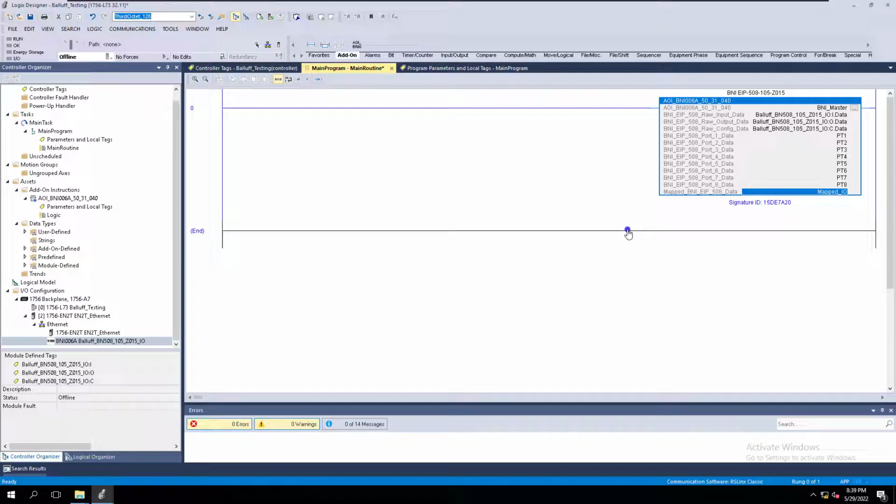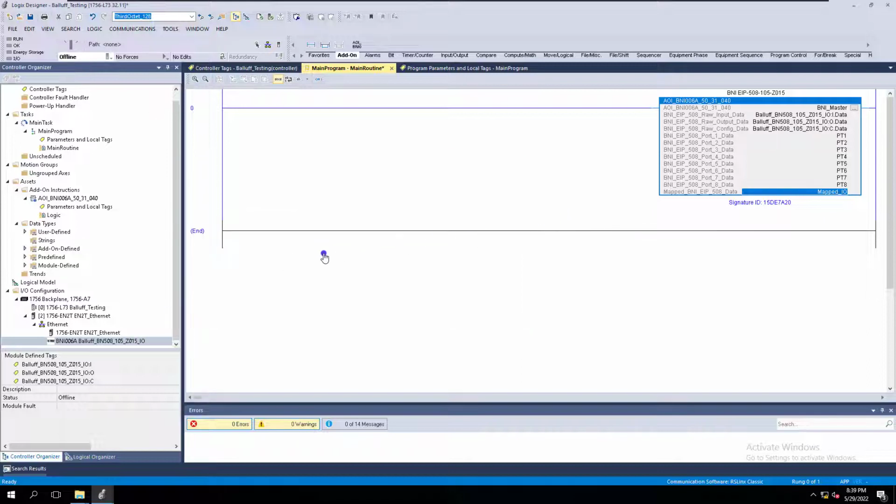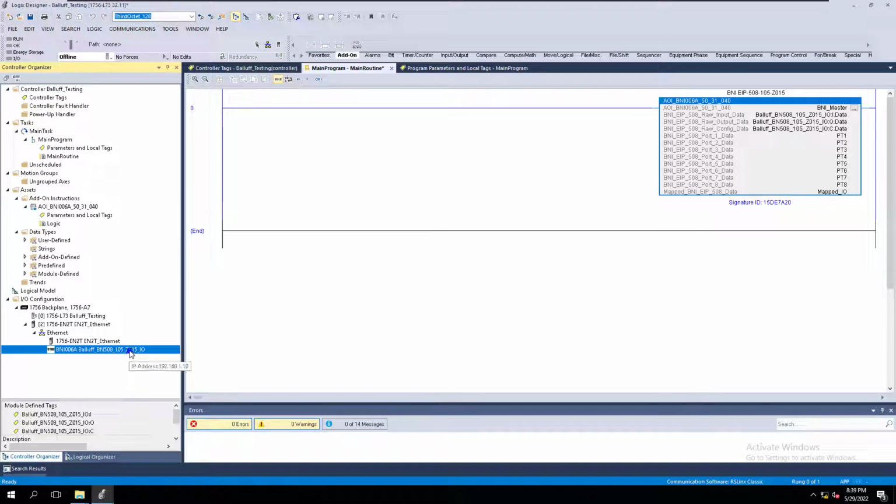Okay, so I wanted to make a valid point on the Balluff IO-Link modules that you're going to be using in Studio 5000 version 32 or even RSLogix 5000. Keep in mind there are different EDS files when you use these. If you utilize the wrong EDS file, your IO or your add-on instruction that you currently use is going